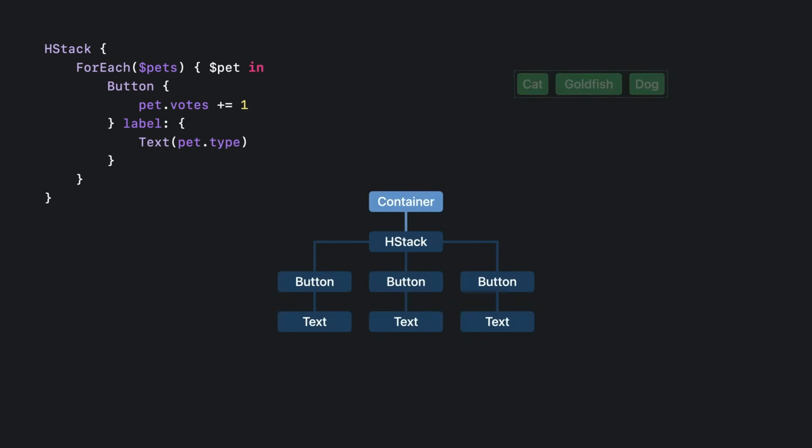First, the stack's container proposes a size to the stack. Based on this, the stack proposes a size to its 3 buttons, and then each button passes that size through to its text label. The text views calculate the size they actually want, which depends on the string they contain, and report this to the button. The button passes the information back through. The stack sizes itself with this information, places the buttons in its space, and then reports its own size to